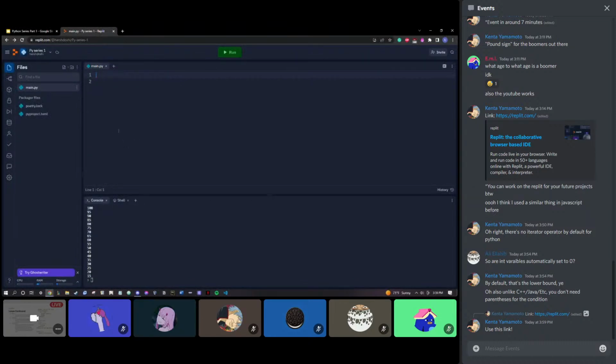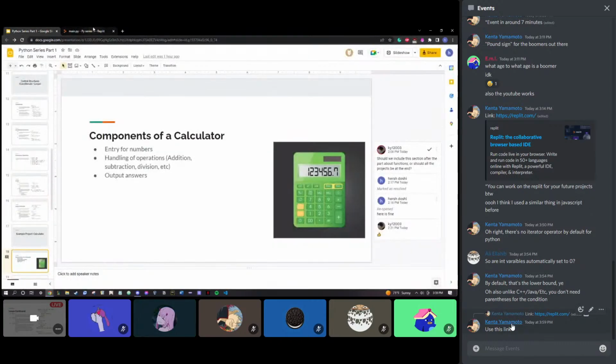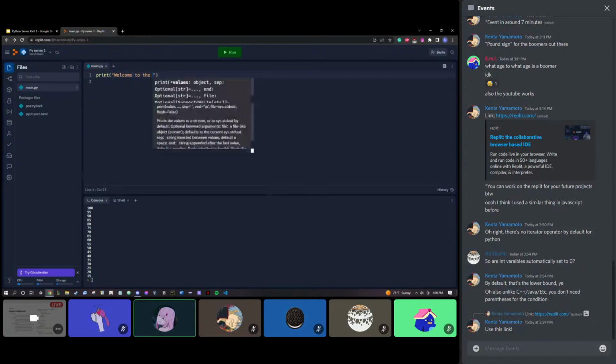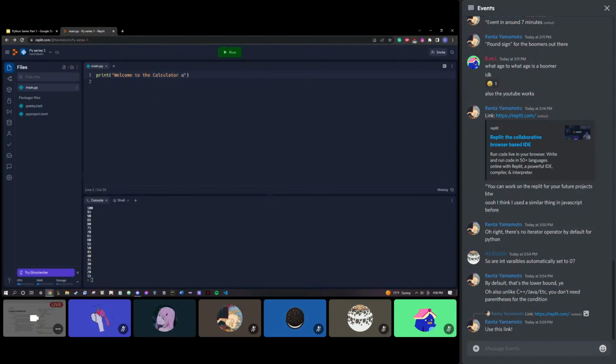I will make a calculator in this file only. I've also linked it in the presentation at the very end if you want to see the sample code. However, it would be better if you follow along. So what's the first step? What are the components? First of all, we can just print out, let's say, "Welcome to the calculator app",